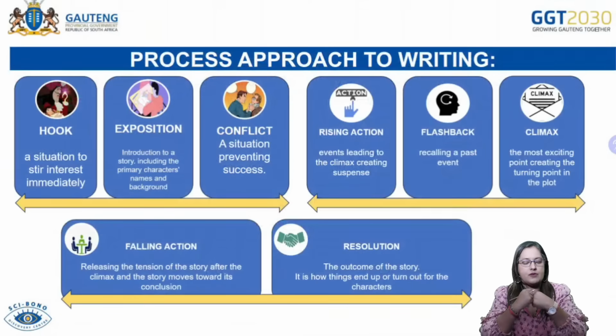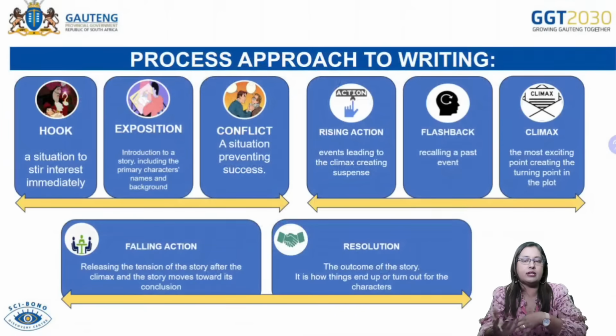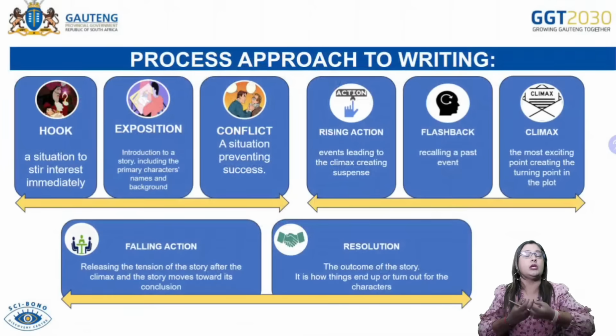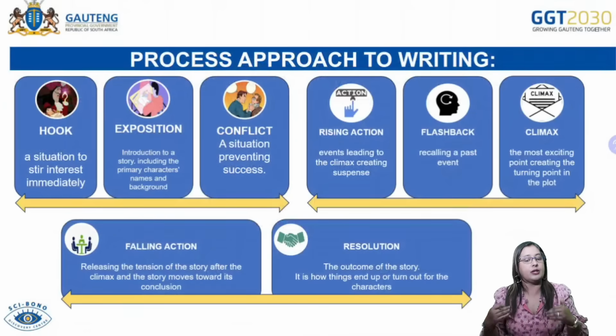Then you're going to obviously move on to the exposition part, where you're introducing a storyline. You're including characters that you might be speaking about here, okay? Now, this could be when you're dealing with a topic about your experience of something, or you're reflecting on something. So you would be the character involved here, right? And you're sharing your experience. So you'd include some background information about where this particular thing happened and how it happened, all right?